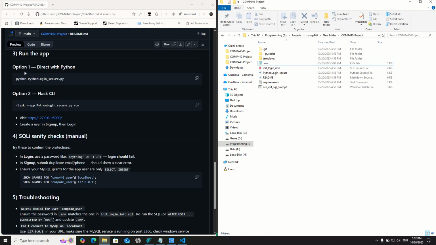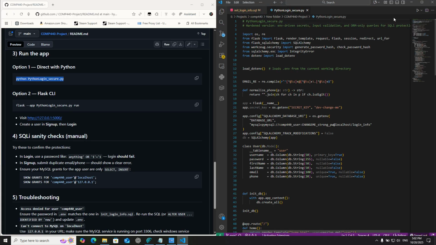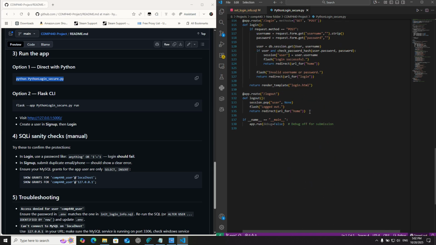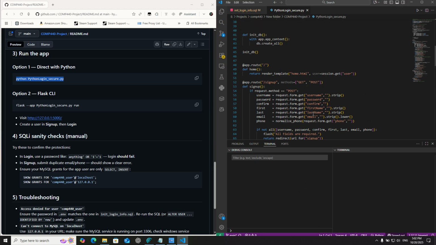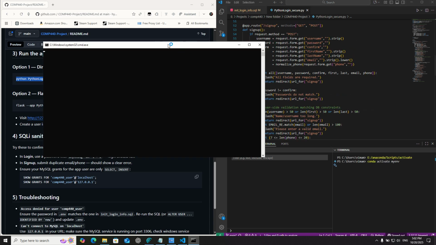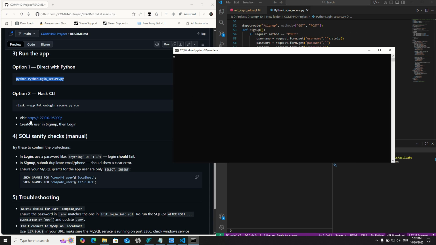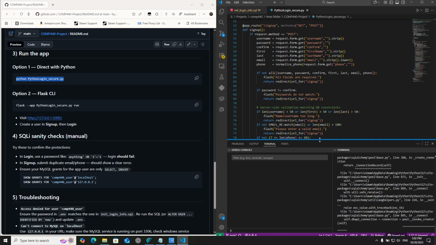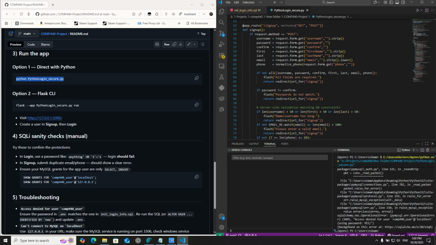And the next thing left is you can either run it using Flask on the command prompt, or you can just open the Python code and run it. Python login secure. I'm going to be running using the Python one. Both of them use Flask, but the debug is turned off. For the Flask, the debug is turned off, but we can still see the background of what happens. So I run the code, and